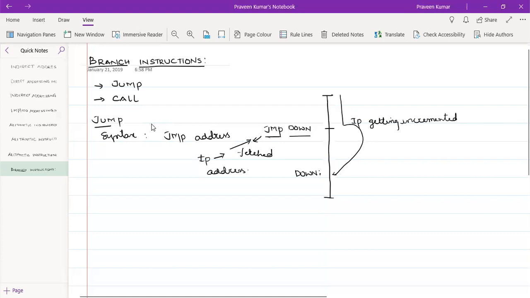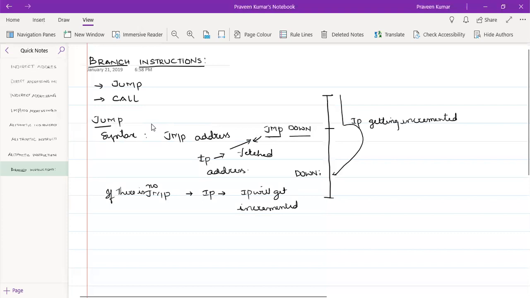Now I'll take a condition: if there is no jump, then what will IP be doing? The moment it fetches, IP will get incremented automatically, in sequential manner.